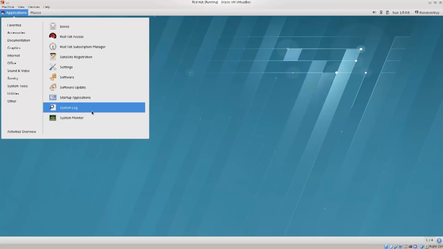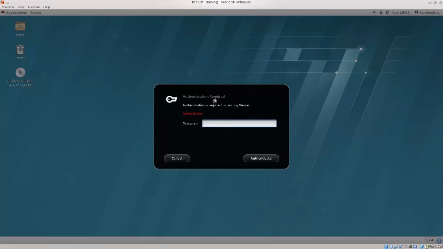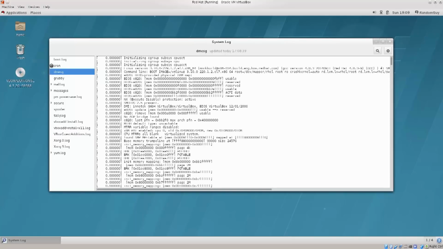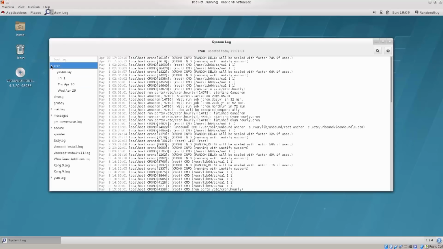Another thing here is the system log. Now, even though most people tend to do these things in the terminal, the system log tool here gives you a rather nice overview of the things. You do require a root password in order to review the logs, as is to be expected. So you have various processes here, various things that have happened. You have their logs and you can see what is going on. This is especially important for troubleshooting. I would even argue that this is better than the terminal, as it gives a bit of a better overview of the existing logs, and then you can just